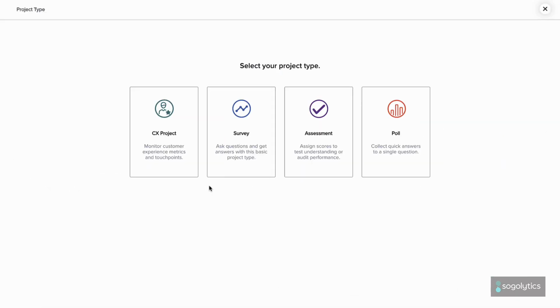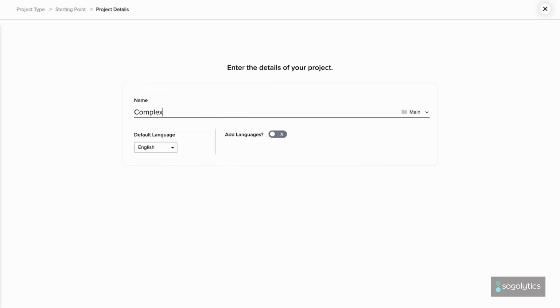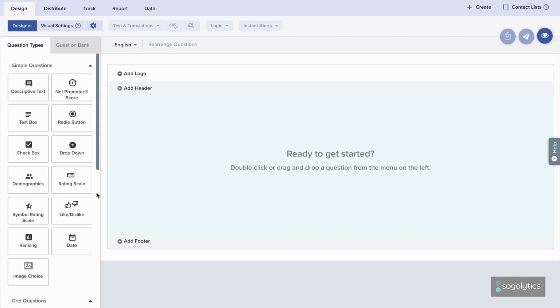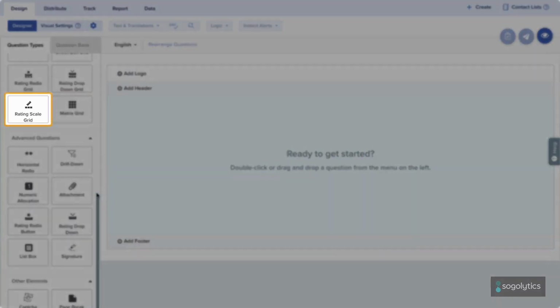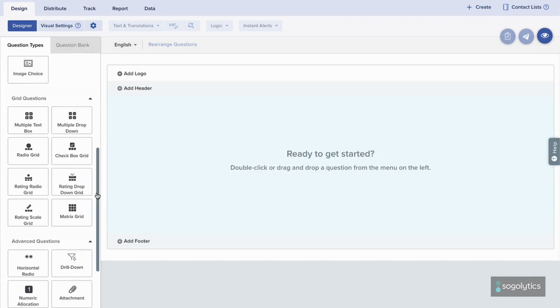To build a completely original survey, start from scratch. Here, we'll build a training feedback survey. The most important question, how was the training, should definitely be a rating question. Whether it's a rating scale, symbol rating scale, rating grid, or rating radio button or drop-down, rating questions make a